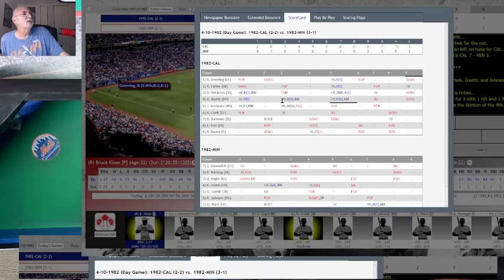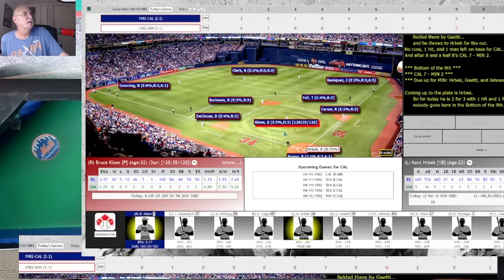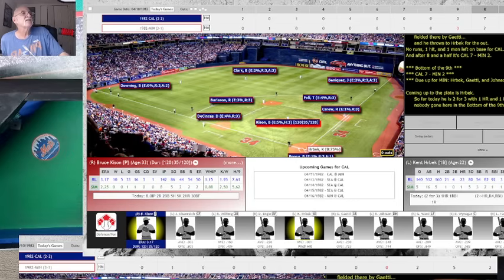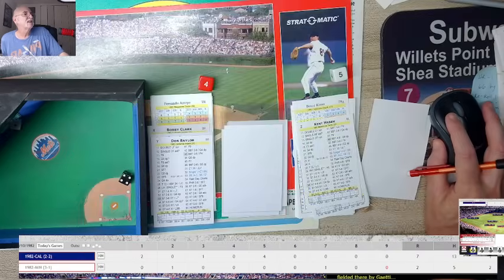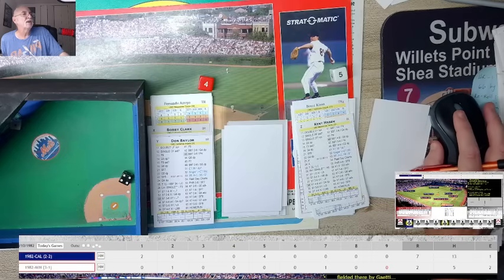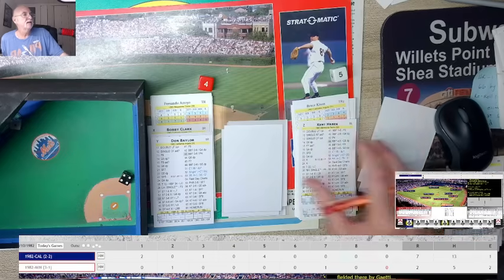Baylor with a double. He hit a home run in the 3rd, then a back-to-back jack in the 4th. All right, so he's got 2 home runs. So I got 2 players with 2 home runs today. Crazy. Let's go back. Let's get rid of this. Close this down. Put that there, leave it there, it's fine, and keep on playing.